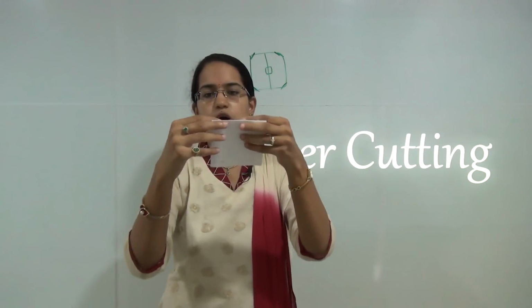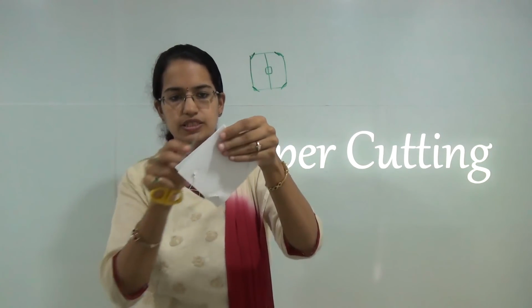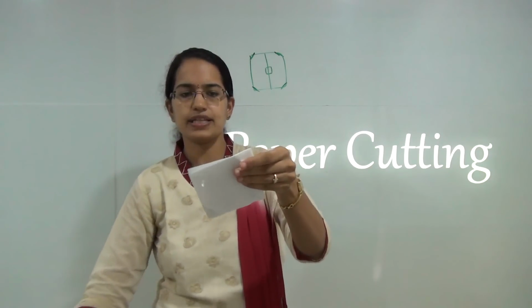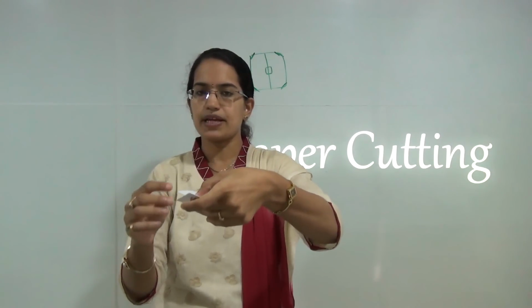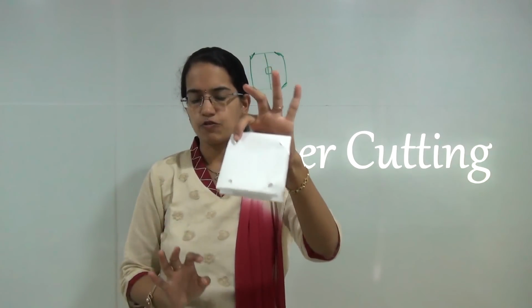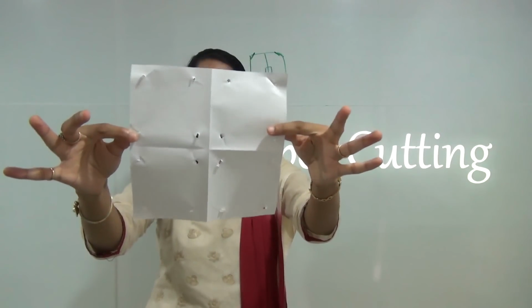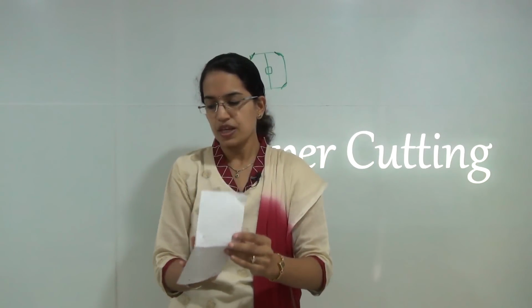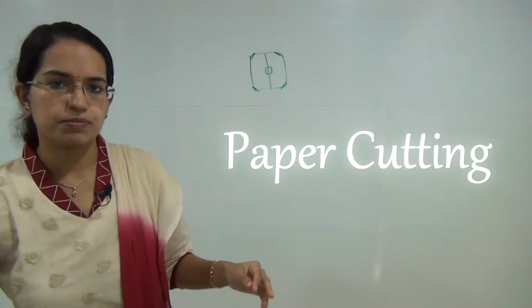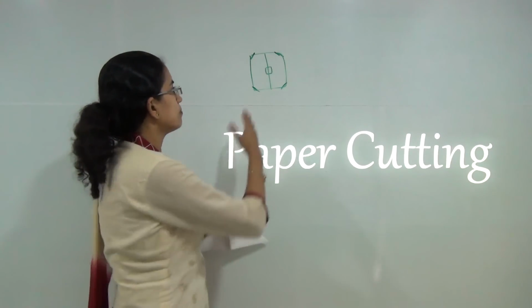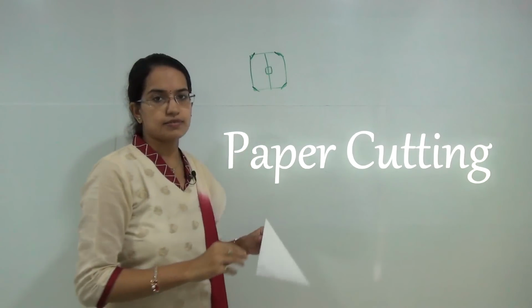Now again, if I do a hole towards the center here, this hole would replicate 4 times, since there are 4 folds in all, and it would be towards the center. So this would be the final shape that we would get. Now this was a kind of easy proposition when we were folding the paper directly into square shapes.